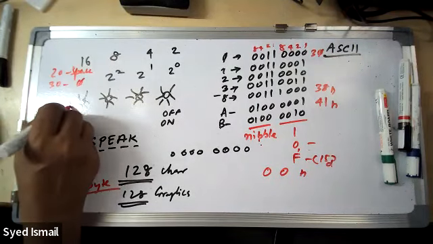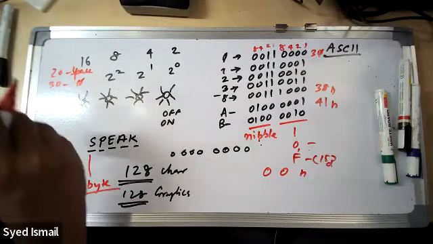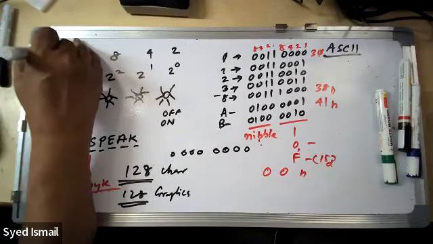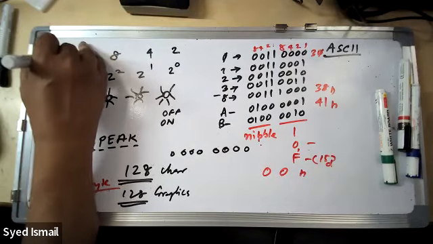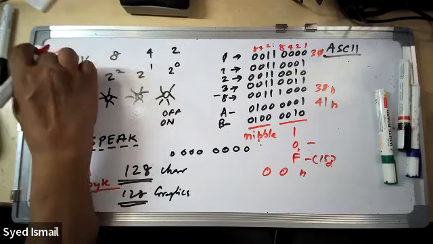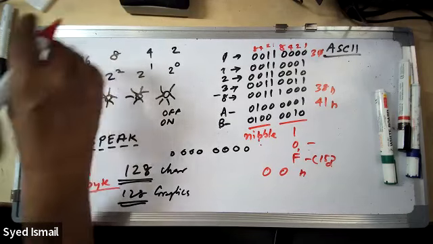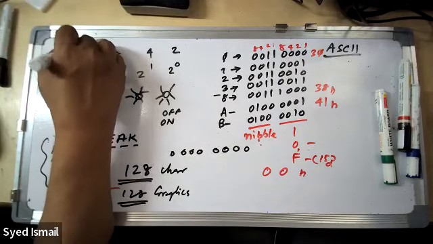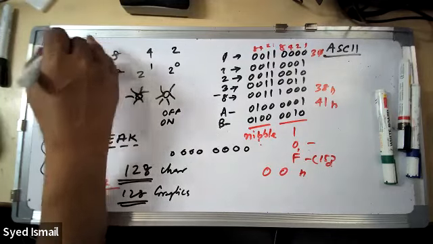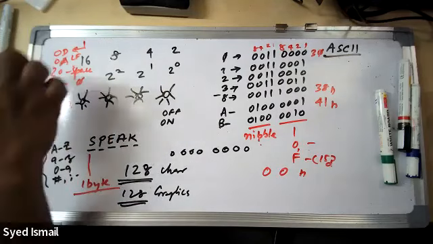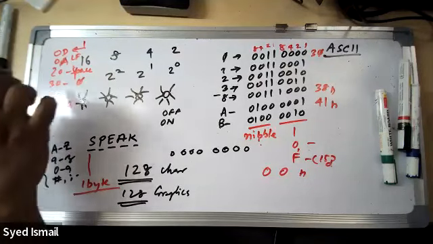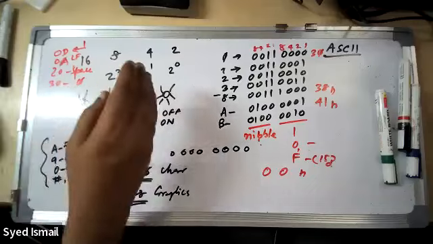Then you have 30, which starts with 0. 41 starts with A. You will find a lot of them, like carriage return. Carriage return is 0D. 0A is line feed, one additional line to come. This is carriage return. This is called LF. We will see some of them because you will use them quite often. Whenever you print or send some message, you require the line feed and carriage return characters. You require them directly, along with the number characters.